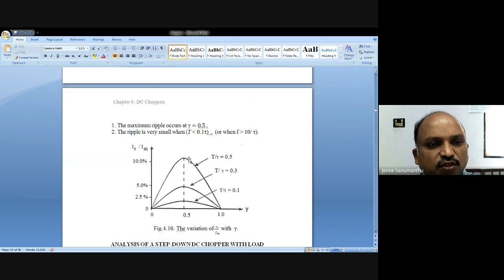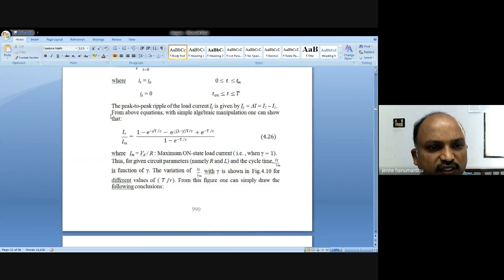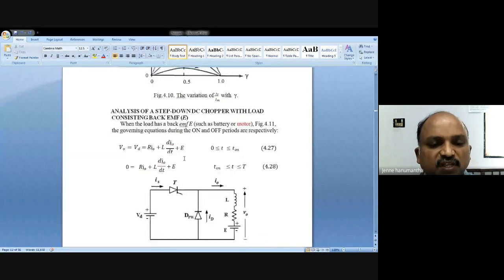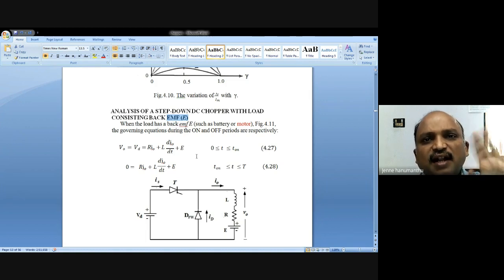So we have to observe these currents when we are using an RL load. Now, the analysis of a step down chopper with a load consisting of back EMF. Back EMF means it is nothing but a DC motor.